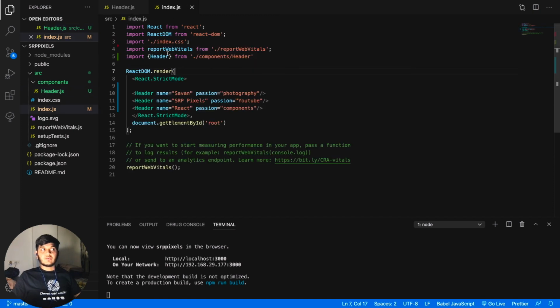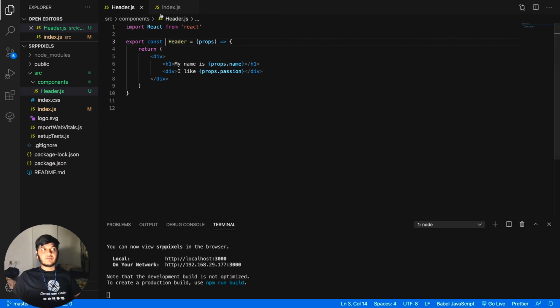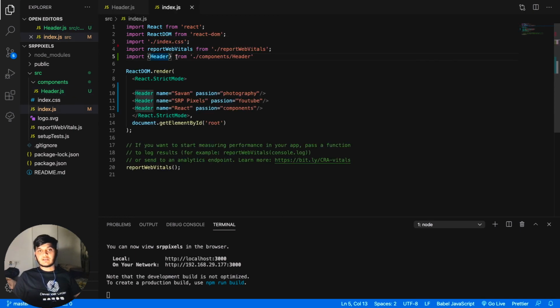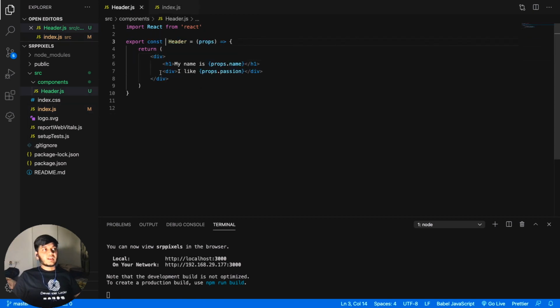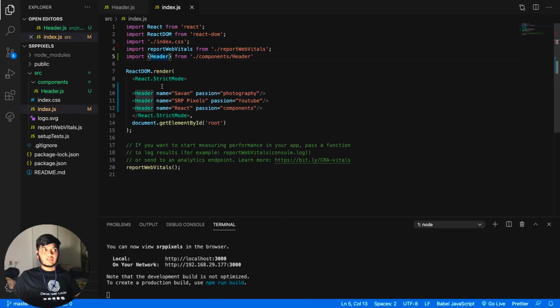And then we have to import that function here. If we are exporting it directly from here, then we have to mention the curly braces. Otherwise you can import it without the curly braces. And then if you want to pass any arguments to that specific component, you have to mention this props keyword here, and then you can access all the attributes by just this dot operator, and then you have to pass all those attributes here, just like this. So that was all.